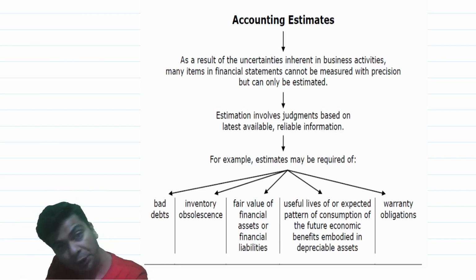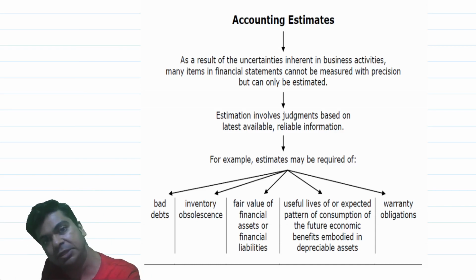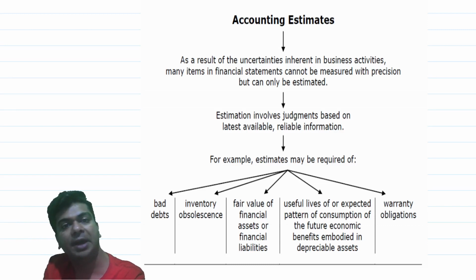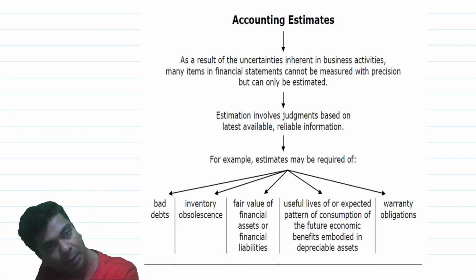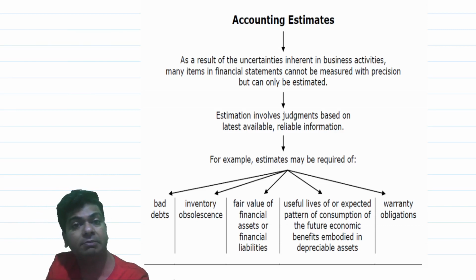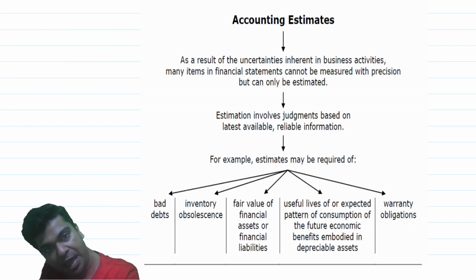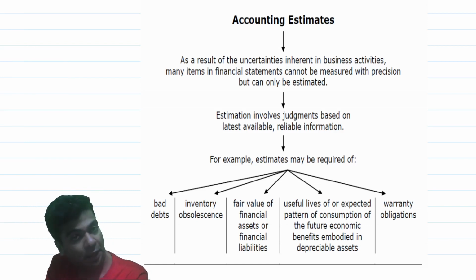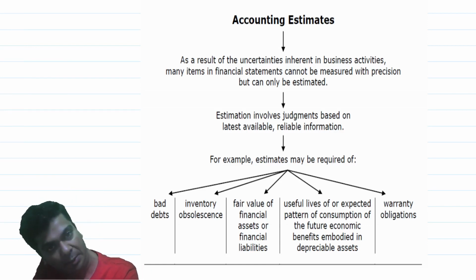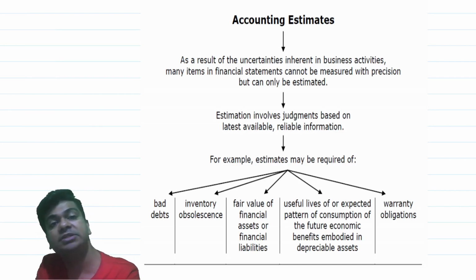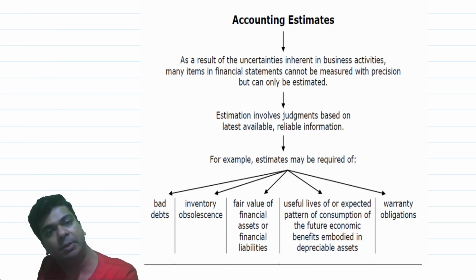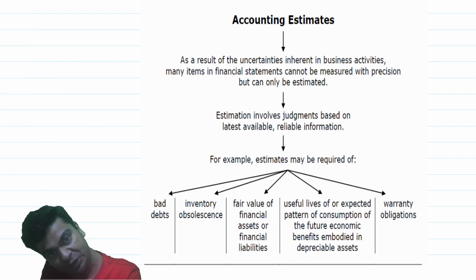You know why? Today I am of the view that 5% of my debtors will go bad. That is the information available right now. Based on that information, I have recognized an accounting estimate. As in future better information is available, I will update the amount of the estimate. I am not committing any mistake right now. Based on the information that I have right now, I feel 5% of the debtors going bad is reasonable. So based on that, I am recognizing an accounting estimate. It's not that I'm committing any mistake right now, but as I gain more experience, yes, I will change the estimate in future. Changing the estimate in future does not mean what you had done in the past was incorrect.